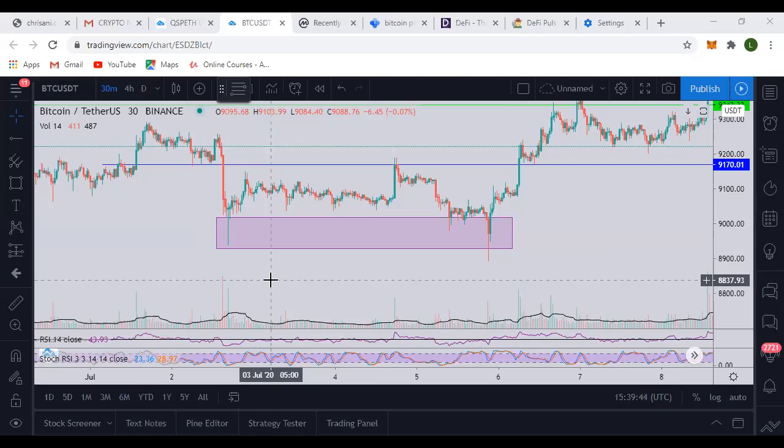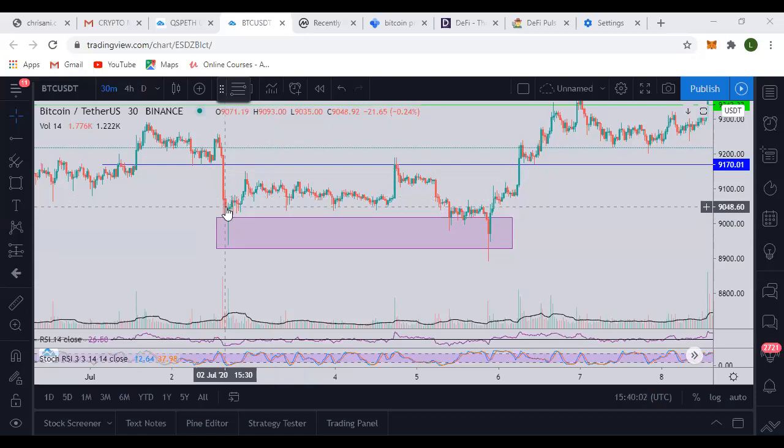Let me show you. Now look at this place here where the support got broken and the price fell to the support below it. Remember I said the support is a floor, the resistance is a ceiling. So that floor got broken, the price penetrated through that floor, and then that floor automatically turned to a ceiling. How do I know? It's obvious. We can see it here.